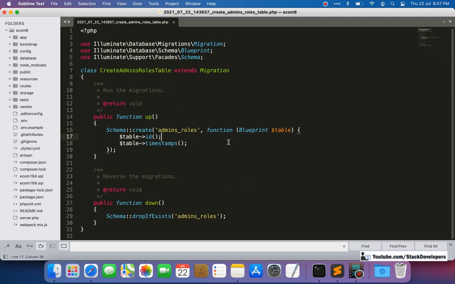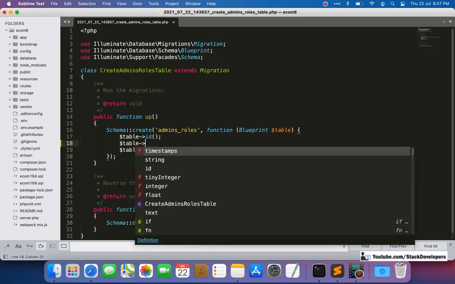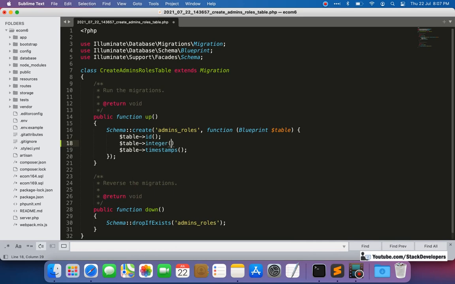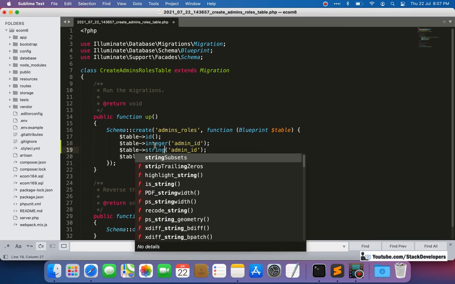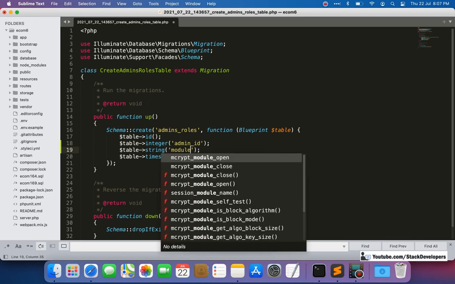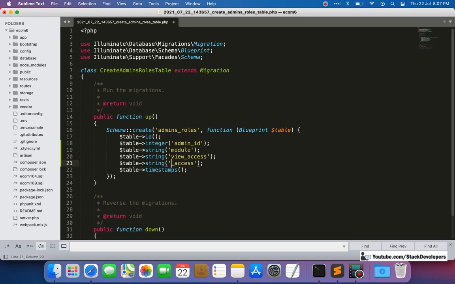Here we are going to add the fields. The first one is the admin id, an integer for the admin id, and a string for module, then view access, then edit access, and then full access.